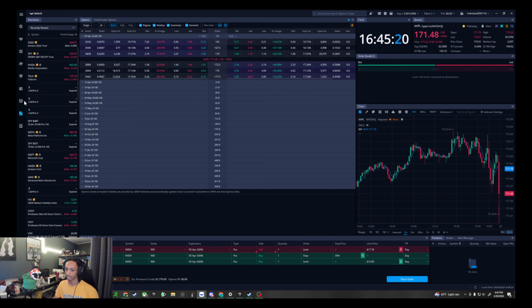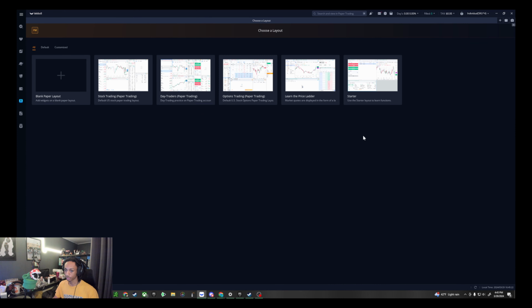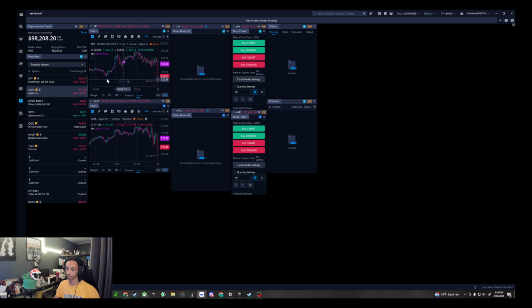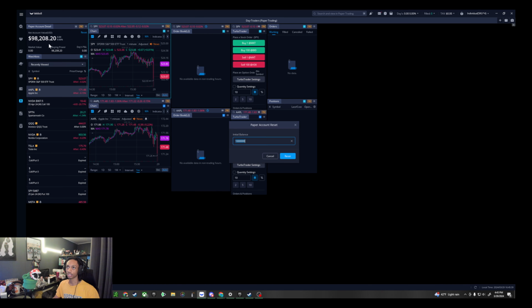Yeah, that's about it. And if you do want to paper trade, you would pretty much have to set up that same layout again, but on the paper trading. And paper trading is right here, is that dollar symbol. And obviously you use this to paper trade with real market data. So you can reset your equity, change that, whatever you want. So let's say I got a $1 million account, or you want to practice with something realistic, got a $1,000 account,